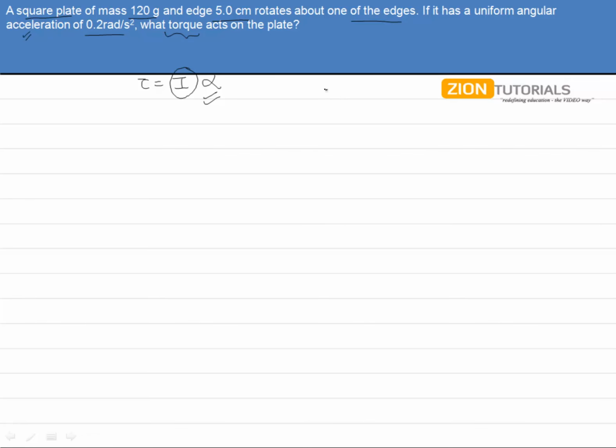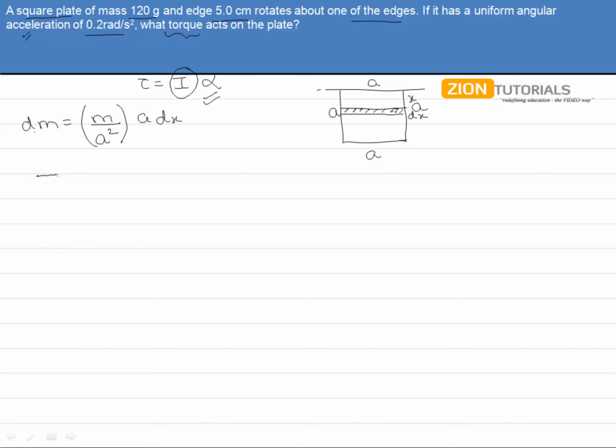And as per this question, if this is the plate, then this is being rotated about this axis, the side being each a, right? So let us take the element to be a strip parallel to the axis, at a distance of x, and of the width dx, right? Now here we will be having the mass of the strip dm equal to the density, that is mass upon area, into the area of the strip, which will be a into dx, right?